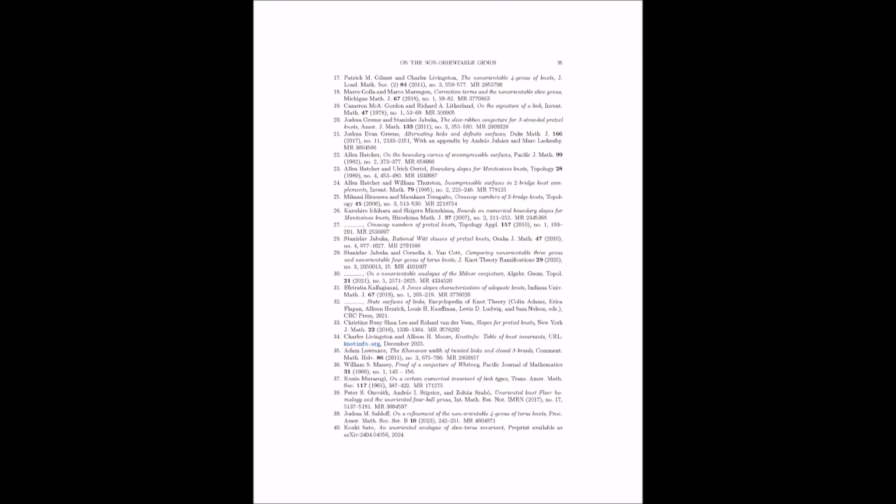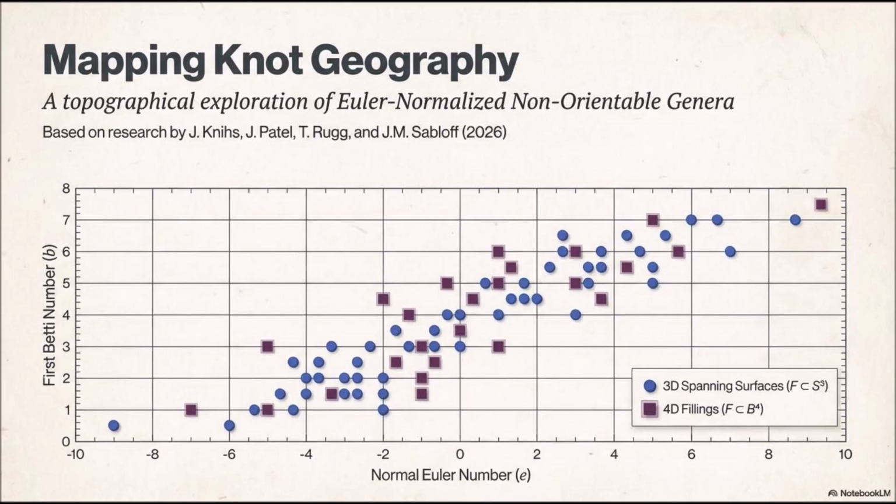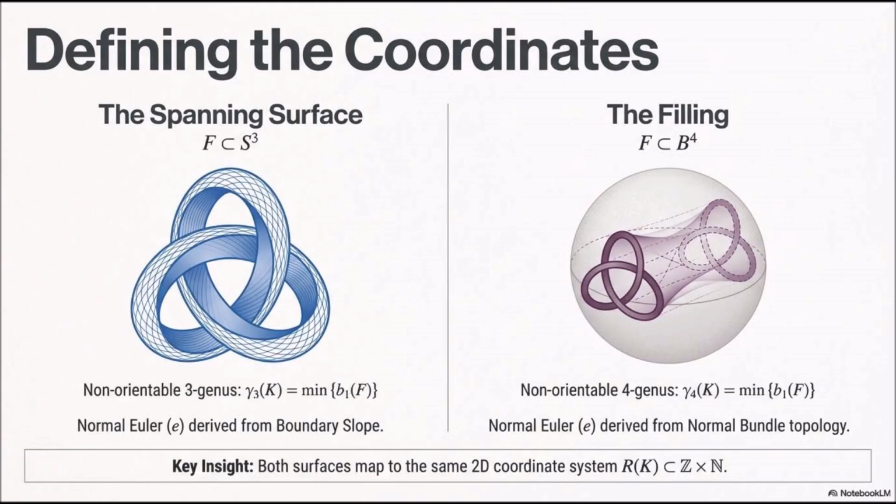But I feel like I actually understand this paper now, which is not something I can usually say. Me too. It was a journey. But think about the path we just traced. We started with a very clever definition that normalized complexity against twisting, like noise cancellation. We saw it categorize alternating knots perfectly. We saw it connect to the theory of genus. And finally, we saw that even with this careful normalization, the fourth dimension still offers an arbitrarily large wormhole compared